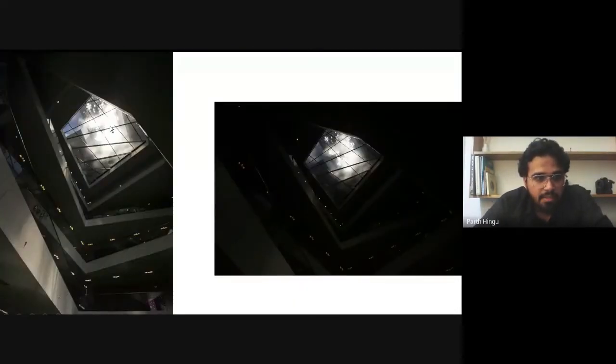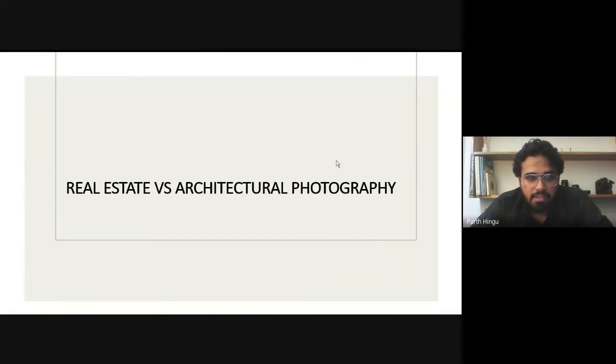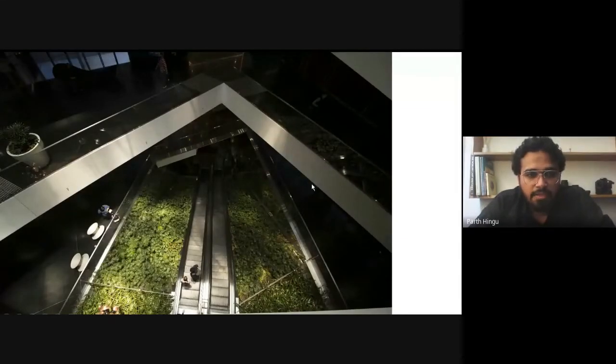So just go inside and click this atrium from the bottom, just changing the angle. I went to the top and I could see these green areas, and the sunlight was falling on the plants and all. So this was the introduction to some photography and how we can do it.